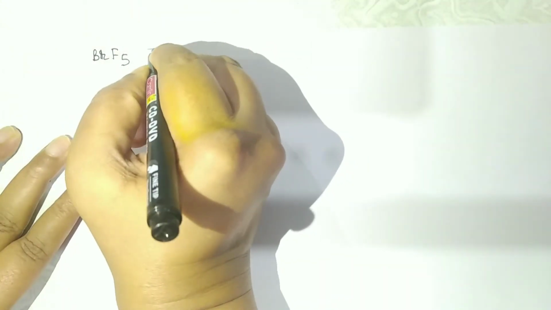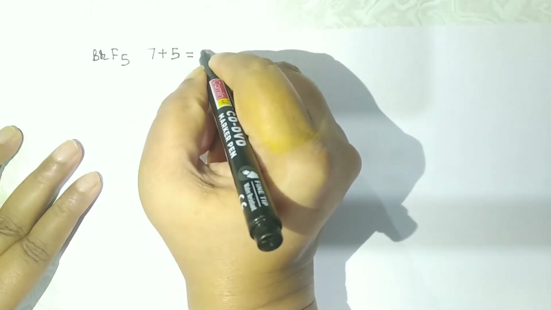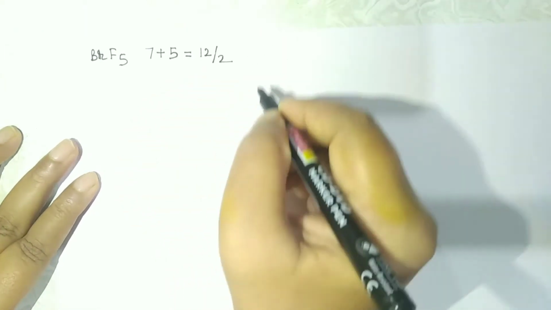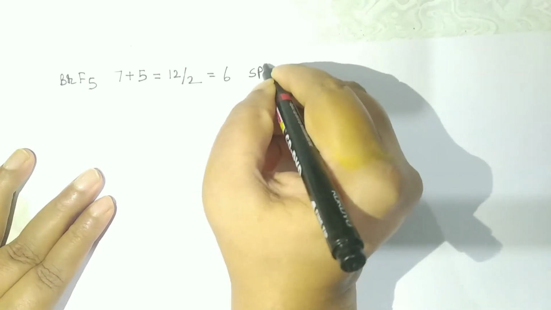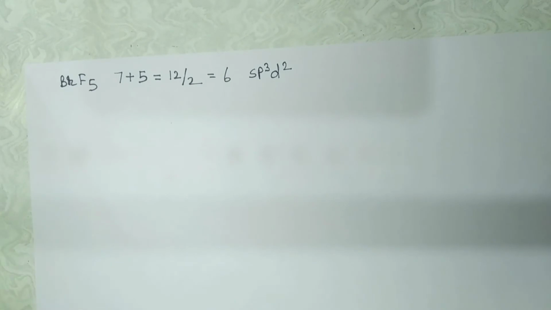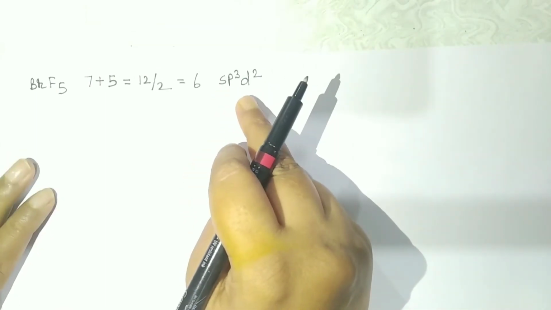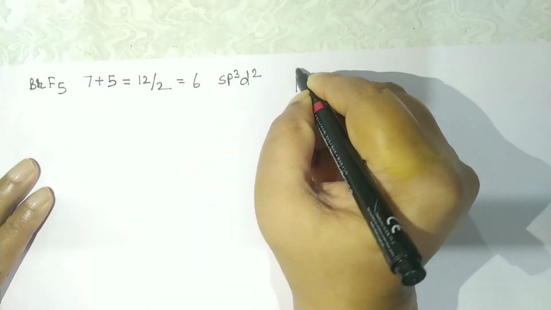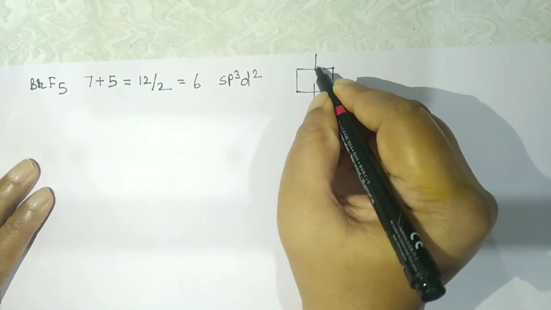How will you go for this? Bromine, I will take 7 plus the connecting monovalent atoms, which is 5. So this will come to 12. Divide this by 2, you get 6. Now how I will write the hybridization here is sp3d2. 3, 1, 4 and 5, 6. Right? Now how to predict the type of geometry here? 3 plus 2 is 5 and 1, 6. Subtract 2 from it, so you get a square, and what you have subtracted, 1 up and 1 down.